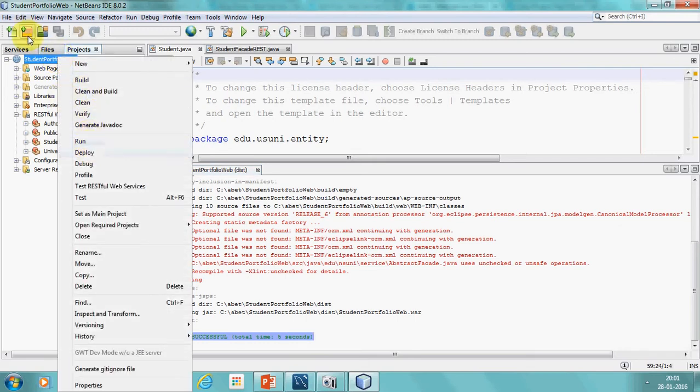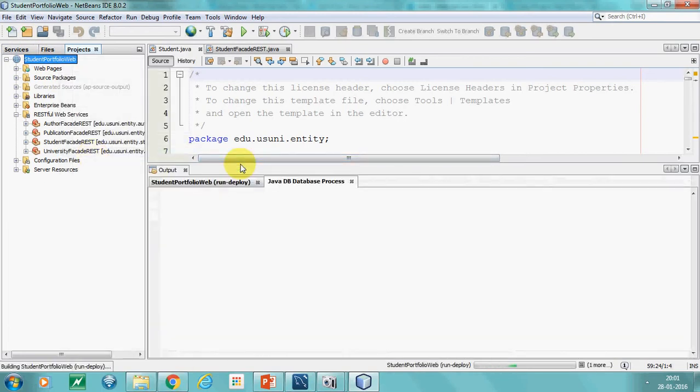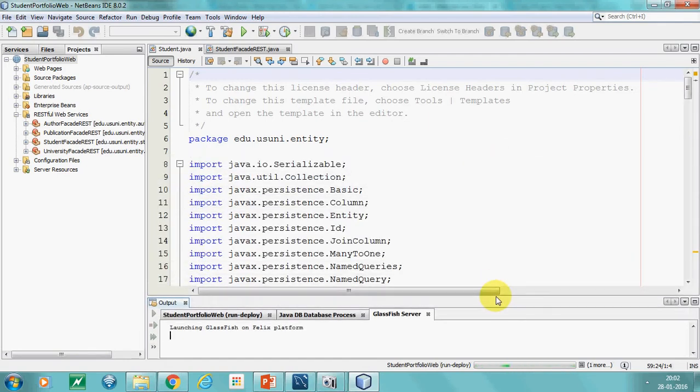You right click upon the project name and finally deploy it on Glassfish server. It will start the Glassfish server for you and will deploy the application on the Glassfish server. It's going to take a couple of minutes more. In the meantime, while it's generating,